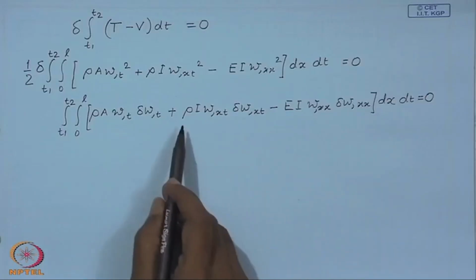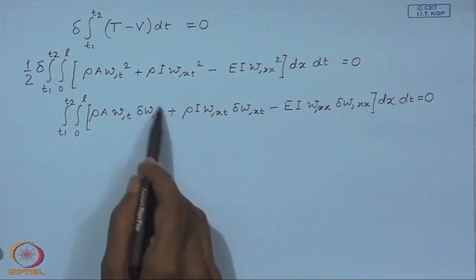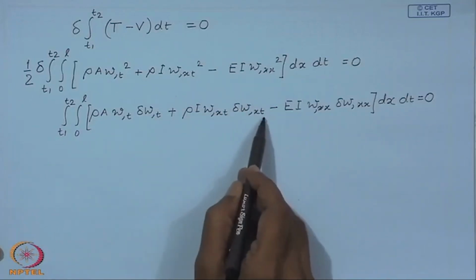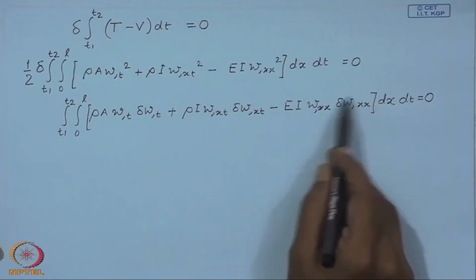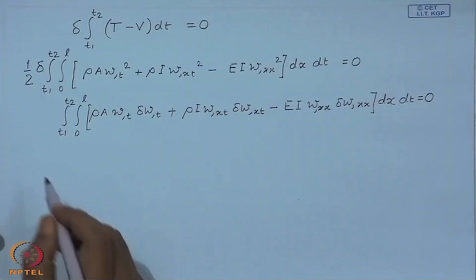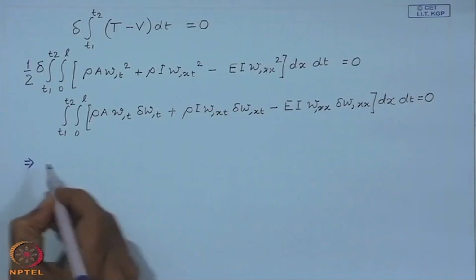now we will integrate by parts this term with respect to time, this term once with respect to space and once with respect to time, and this term twice with respect to space. So, if you do that and rearrange, then what you are going to obtain